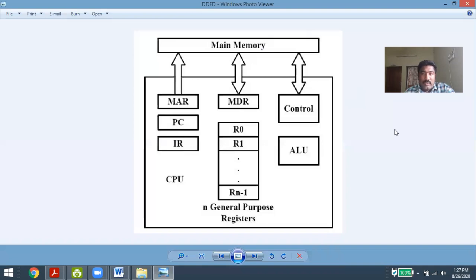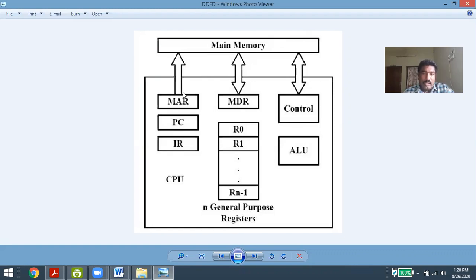And what are the components inside the processor? One is the control unit. Already we know what a control unit is. The control unit is used to control all the actions carried out in a computer. And the ALU is used to perform arithmetic, logic, and shift operations, that is addition, subtraction, and logical AND, OR, NOT, and shift left, shift right, etc. We will discuss these later. And these two are well known to us.